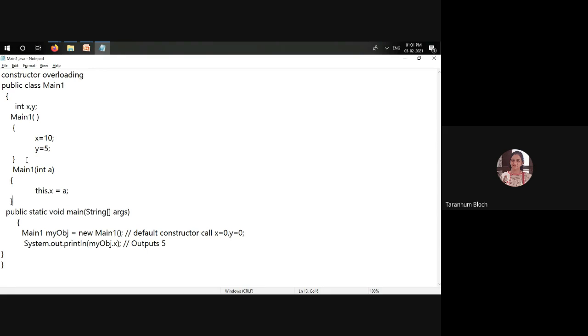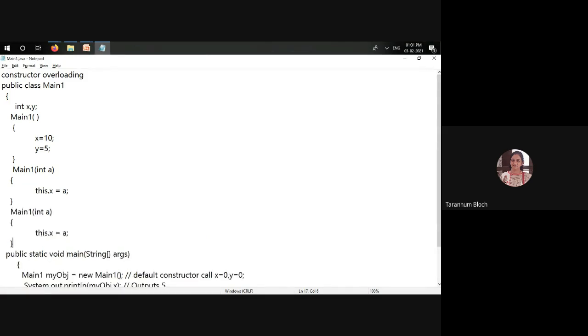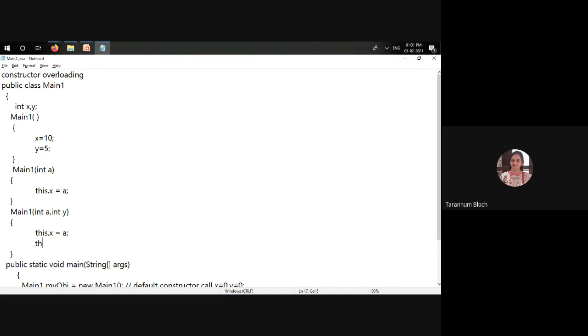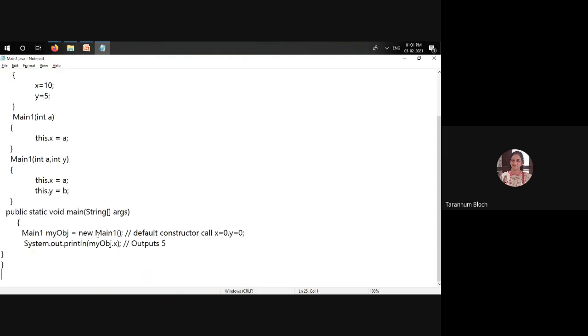Another thing I can do is have a third constructor also, which could take 2 arguments, and in that case I'll be assigning to the y variable. And you see here, when I'm doing this, it will assign x and y as 5 and 10. This is 5 and this is 10.